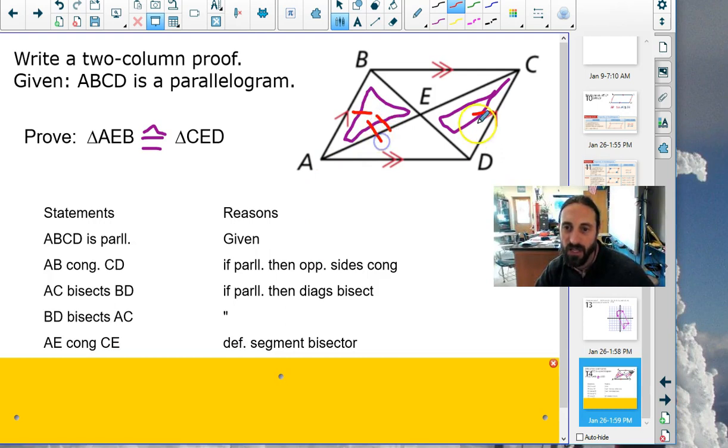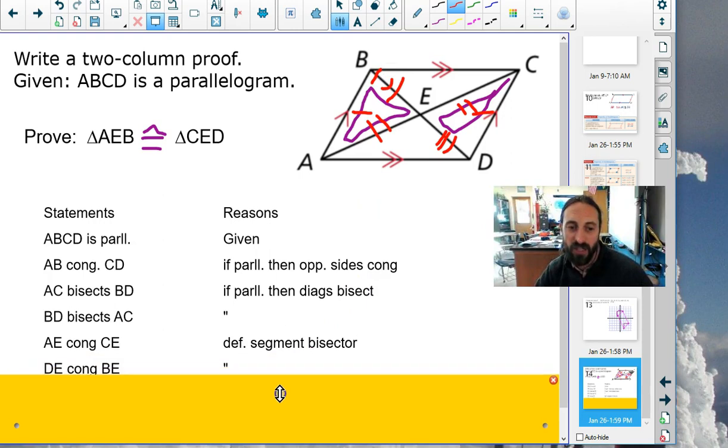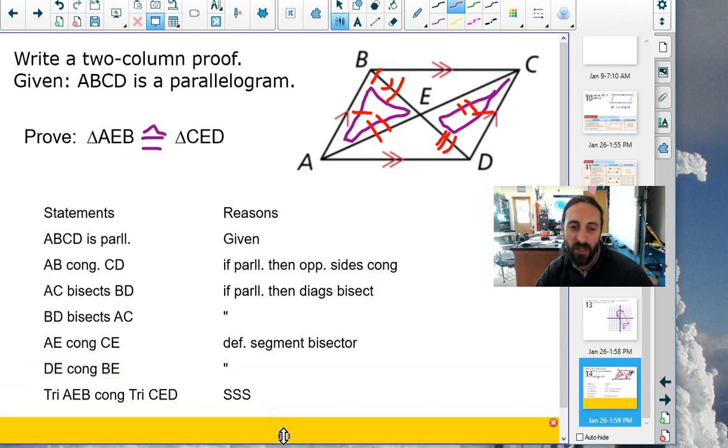This is congruent to this because of the definition of a bisector, and this, I'll do it on this side so it's not as ugly, 3 is congruent to that. I should have done that in the first place. By the definition of a bisector. Well, guess what? What information do I have about those two triangles? Triangle AEB is congruent to triangle CED because of side, side,